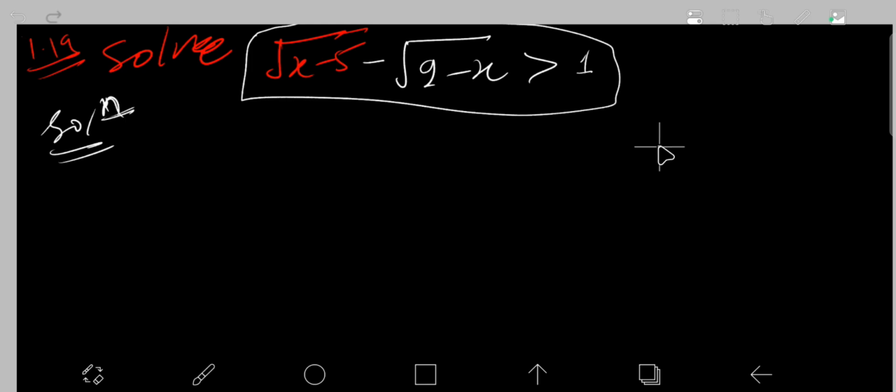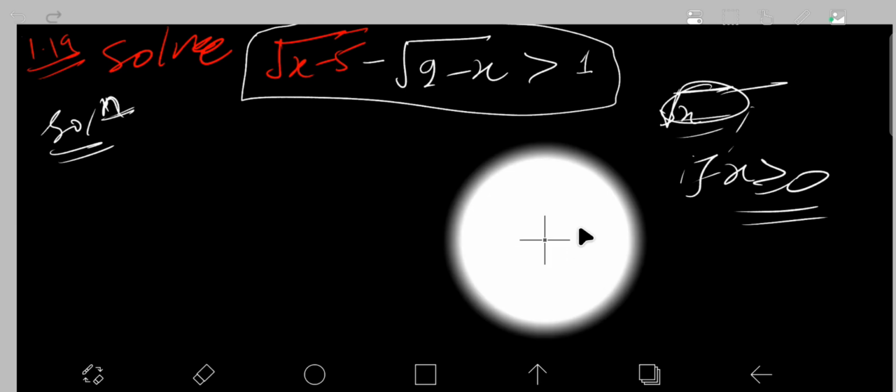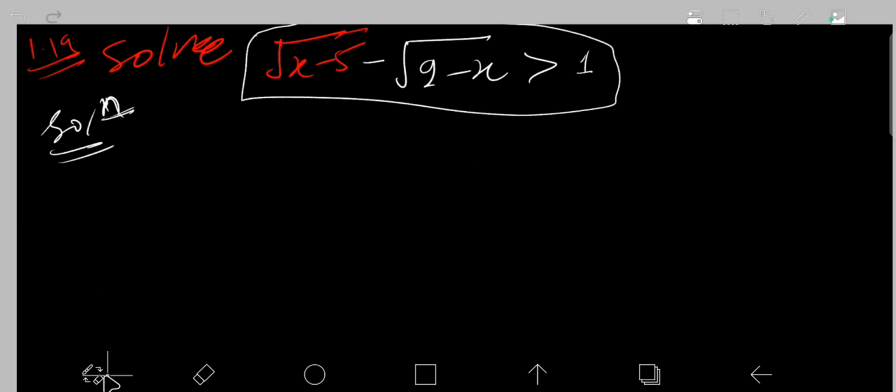If x is greater than or equal to 0, then the square root is defined, otherwise it is not defined. So we apply this property. In the solution, this is meaningful